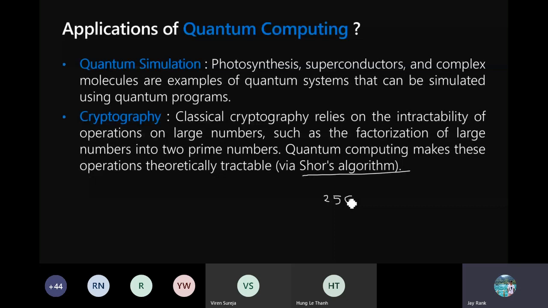I mean, it can solve in polynomial time, but it will take trillions of years to actually decrypt the value in the worst case, right?